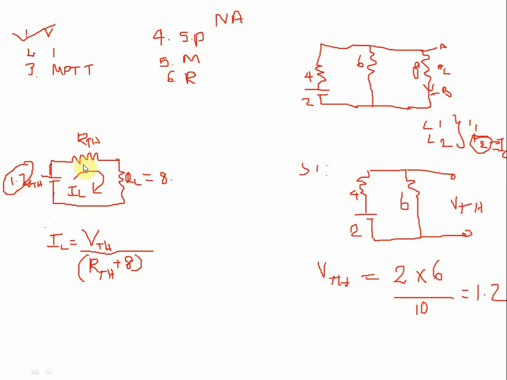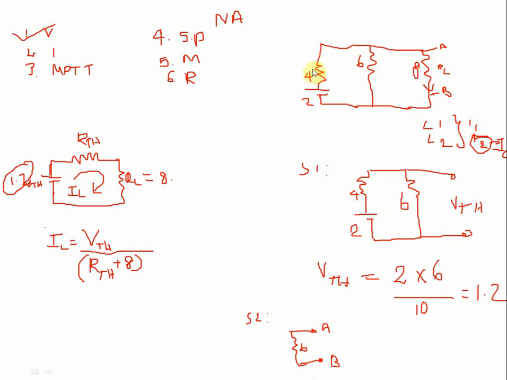Now find out the RTH. How to find out the RTH? As usual, the load is removed, but here there is a source. If you have the source, then you can close it. Okay, the load is removed as it is. I will start with the load points A and B. Here, one resistance is there, draw it as it is. What is the value? 6.